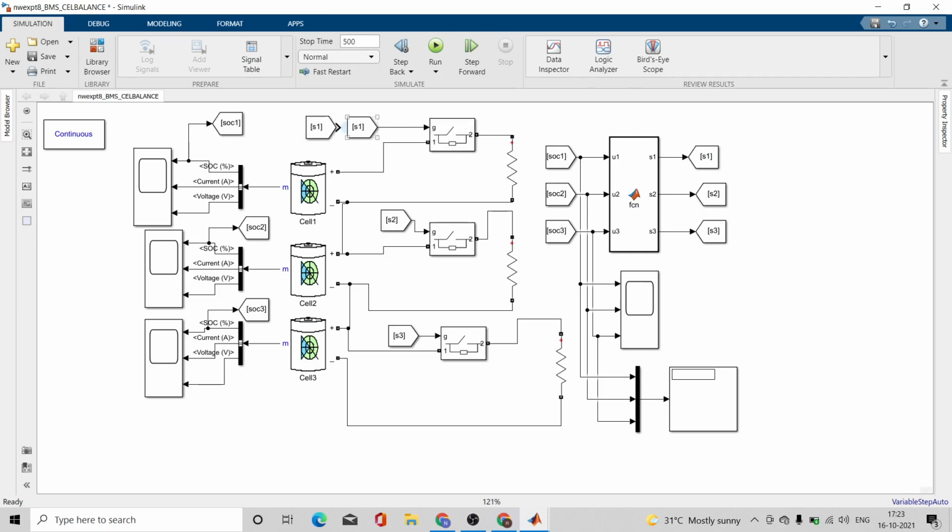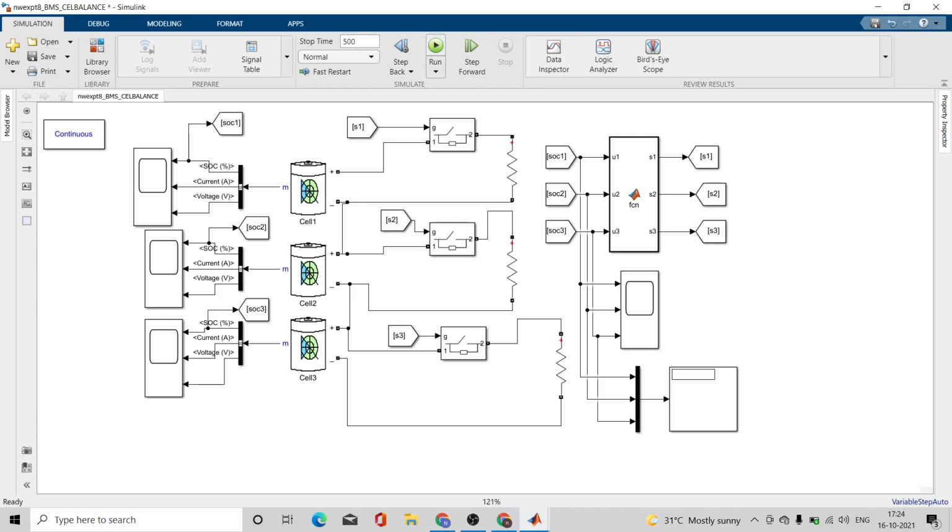Okay, I have already done it here, and you can connect it. Remember, this is the go to block, and if you drag it, you will get the from block. As the name suggests, it will go accordingly, go to and from. So you can do it for the rest of the two.